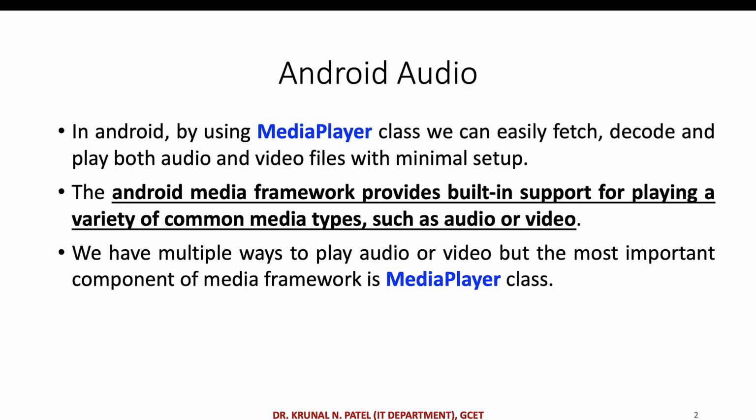So in Android, by using media player class, we can easily fetch, decode and play both the audio and the video files with minimal setup, right? So we already have some classes, interfaces and methods readily available in Android. So you can create easily with the use of this media player class the Android application.